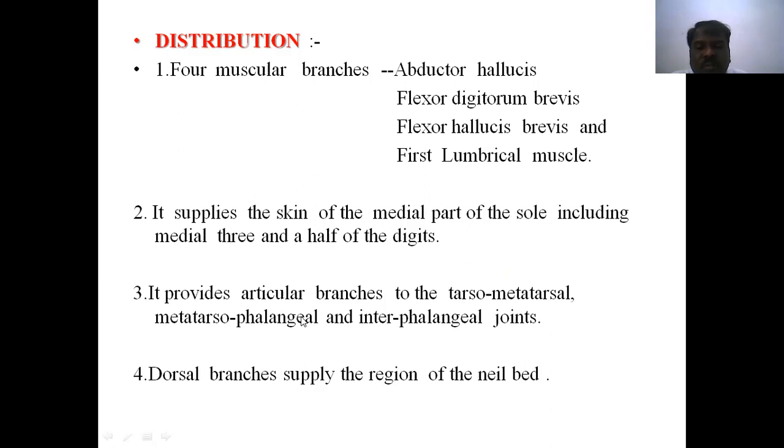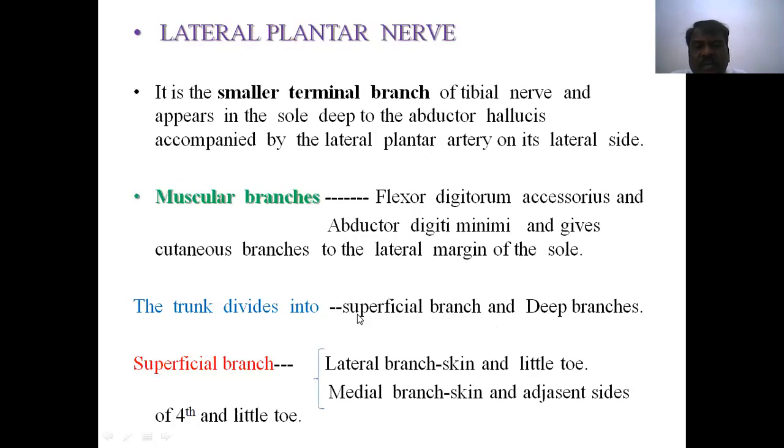These are the four muscles supplied by this medial plantar nerve, and there is also a cutaneous nerve that supplies the medial side of the sole, and also articular branches for the metatarsophalangeal and interphalangeal joints. And also a dorsal branch supplies the region of the nail bed. So like this, the medial plantar nerve distributes the nerve supply to the sole of the foot. Whereas the lateral plantar nerve is the small terminal branch of the tibial nerve, and appears in the sole deep, and this